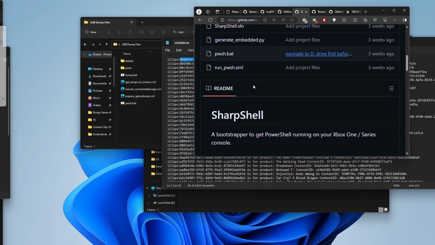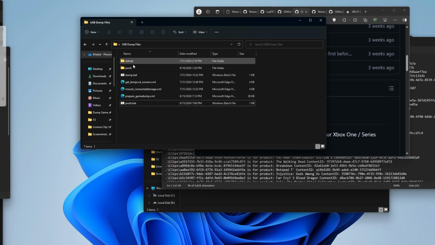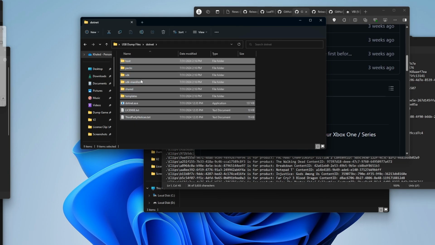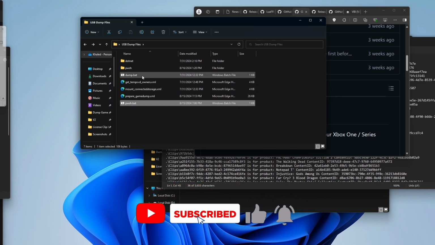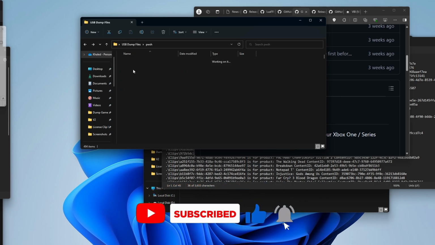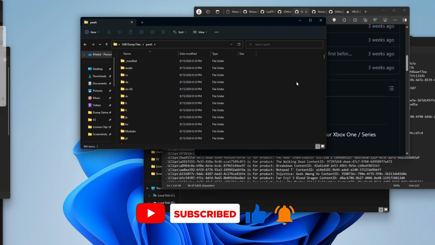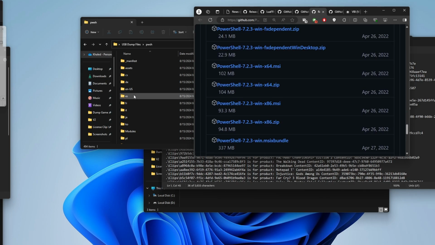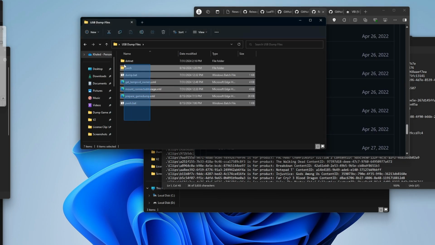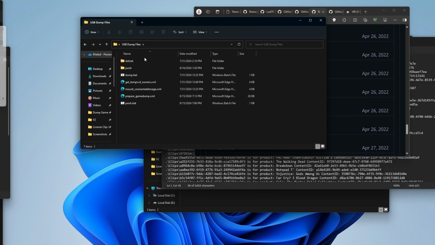So I will be showing you the USB files itself. So basically, this is the .NET framework. What I mentioned, it needs to be in that format. It should be .NET, and then inside the .NET.exe, and then you need the release of Sharp shell, which is basically a PWSH and PWSH.bat. And also you will have inside to put all the extracted files from the PowerShell release, what I showed here. So the zip file, everything from here goes inside here, and now basically your USB drive is ready to be used inside the Xbox. So you unplug this